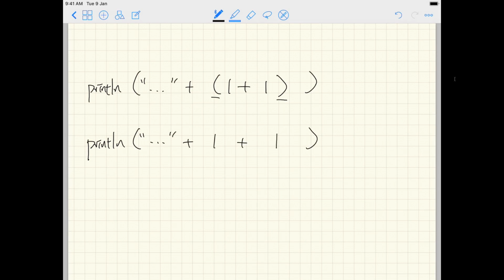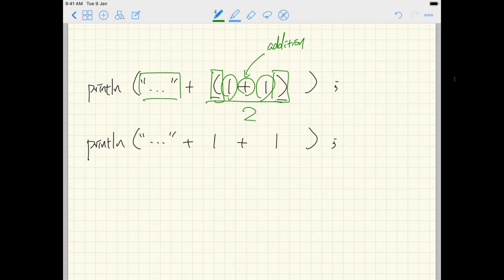Now let's talk about something we already know, and then we talk about something we haven't really seen. Of course, after each one of them, you got semicolon, right? The first one over here. So now here, this plus over here, since it's within this particular parenthesis, which means we're going to do some calculation now. So now this is addition. And then 1 plus 1 is going to give you 2. No problem about it. And then because this is a string over here, when you say string plus some number, this is going to be concatenation,